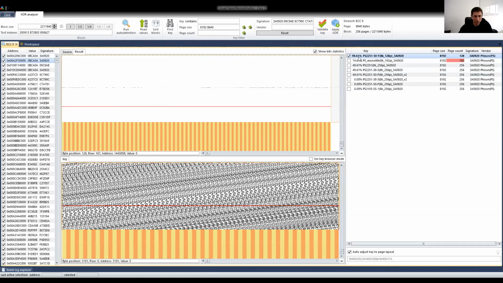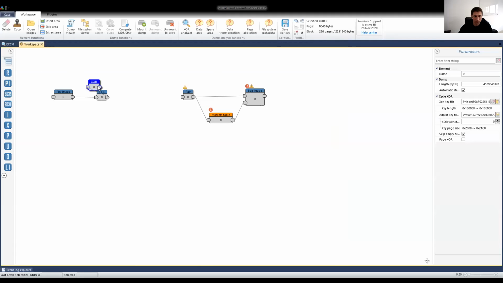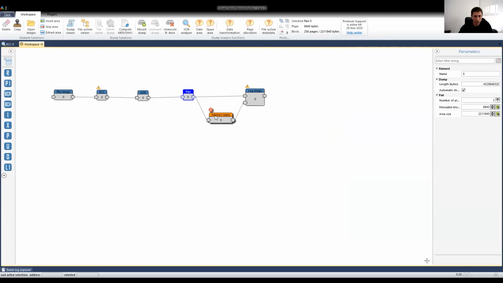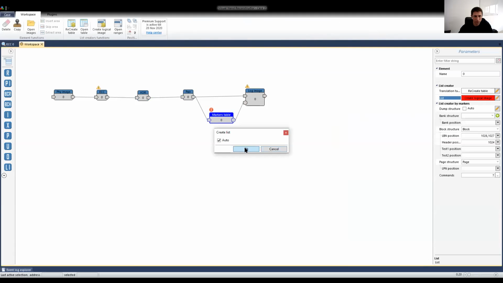And after this, we have this key, which is highlighted, which has the checkbox, and it's very easy now to apply it. We need just to click apply XOR, and that's it. So now we have the element with the selected XOR key. I connect like this, create logical image,